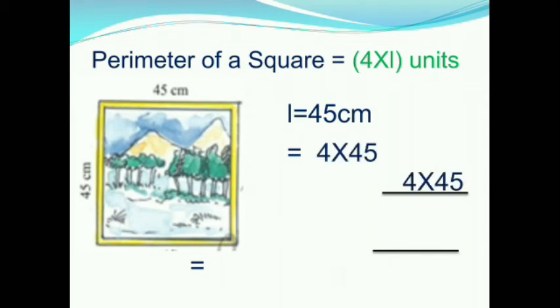First we should multiply 5 and 4. 5 fours are 20. Next we should multiply 4 and 4. 4 fours are 16. Now we should add these. 0 is there, so we should write 0. Next we have 2 and 6. 2 plus 6, 8. Next we have only 1, so we should write 1.